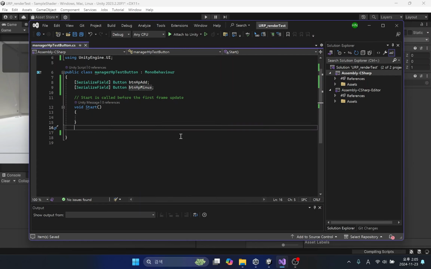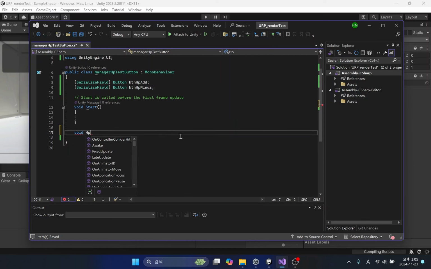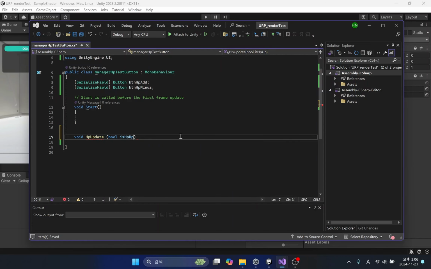Next, we'll create a function for the buttons. We will use a bool parameter to apply a condition in a function.